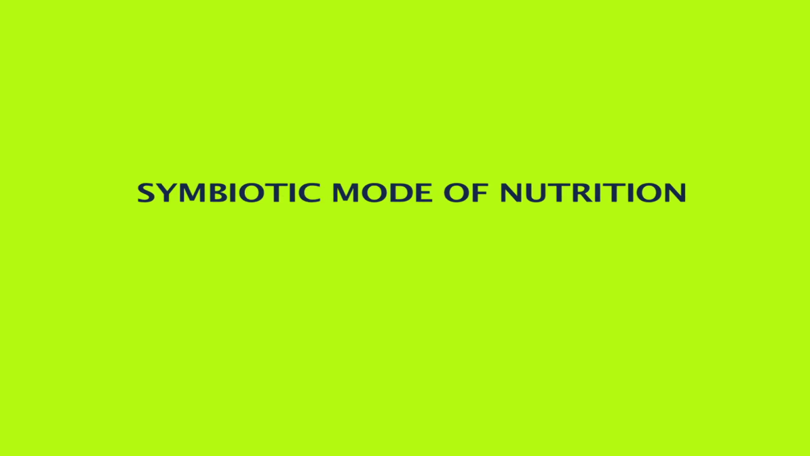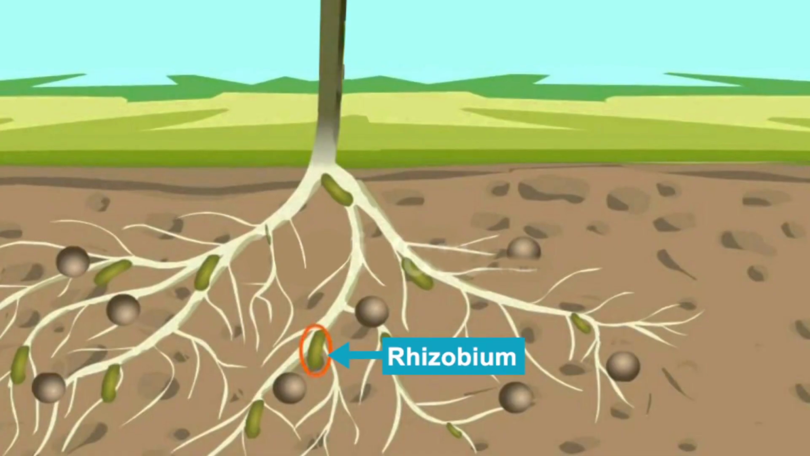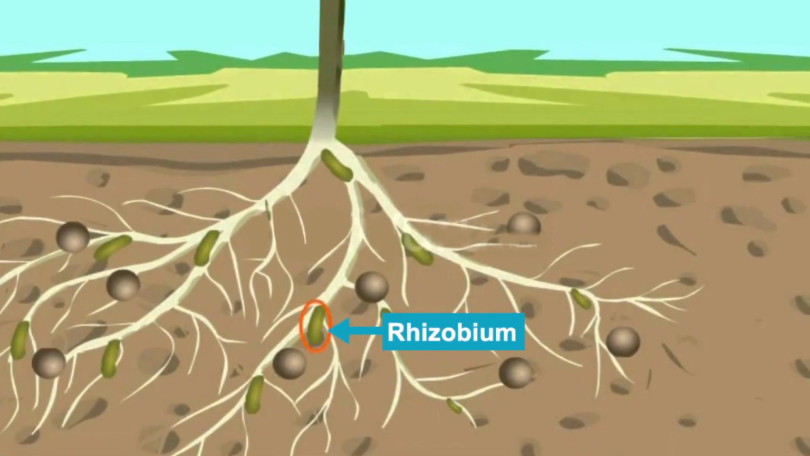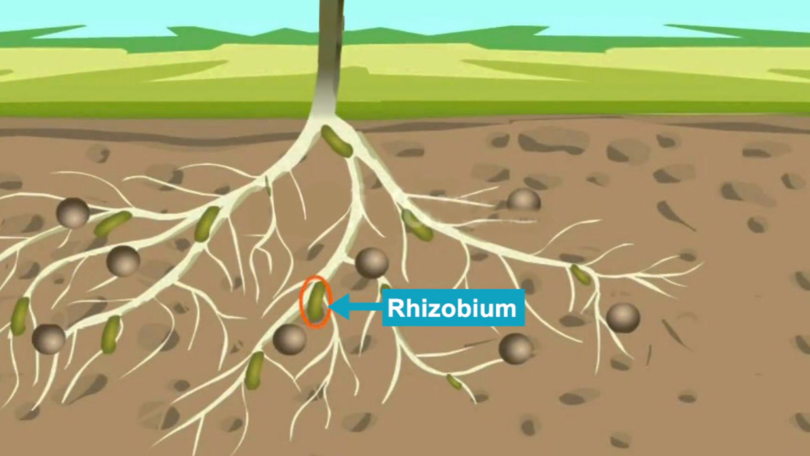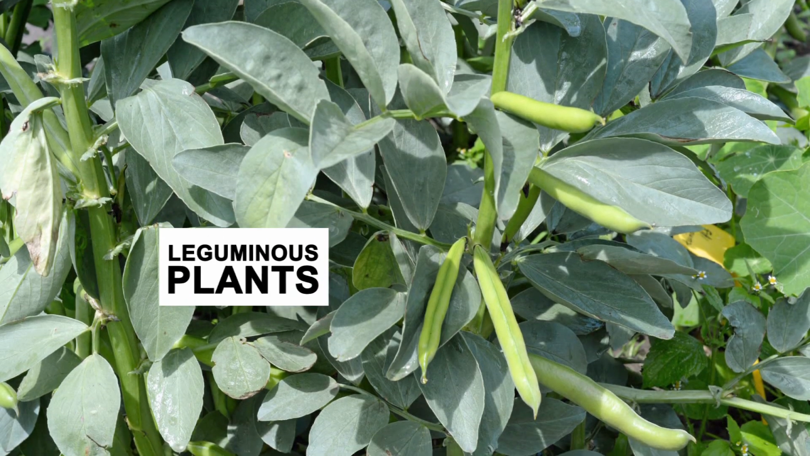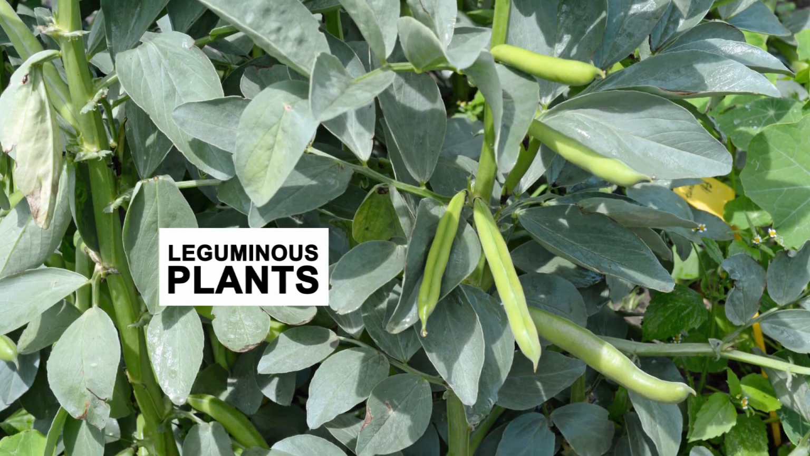Then the symbiotic mode. There are also some plants which are mutually dependent on one another. Organisms involved in such kind of relationships are known as symbionts, such as the rhizobium bacteria and the leguminous plants. The bacteria provides nitrogen to the plants by converting the atmospheric nitrogen into a soluble form so that the plants can utilize it. But the rhizobium bacteria cannot prepare its food, so it lives in the roots of the